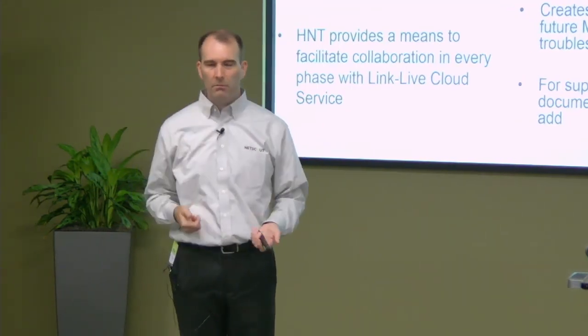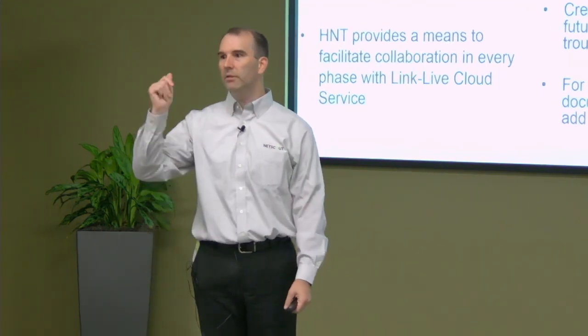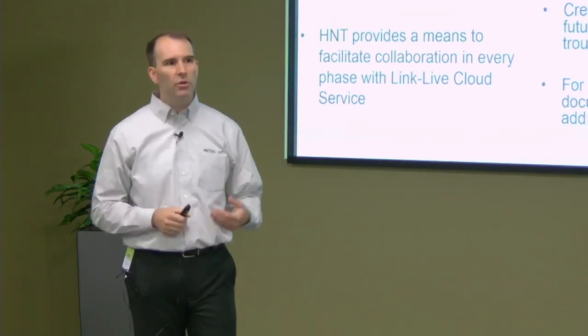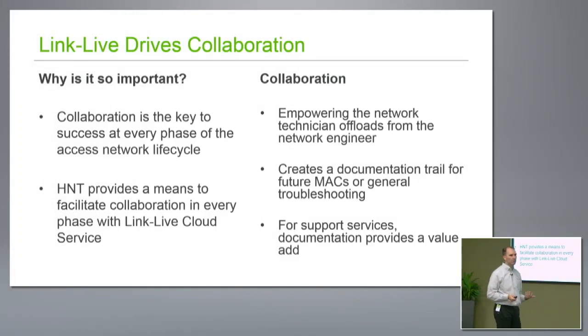It did. No. Does it have Link Live connectivity? Yep. Okay, the result's going to be there. Yeah, I see it. So that eliminates the need for that retrospective. Doesn't mean a screenshot's still not nice. But if you actually ran a specific test, that result's up there, the rest of your team can see it